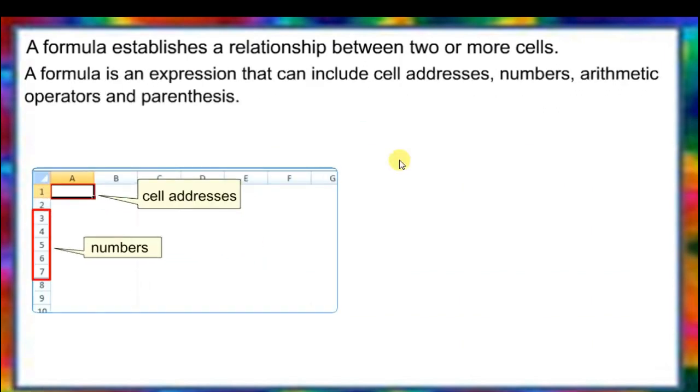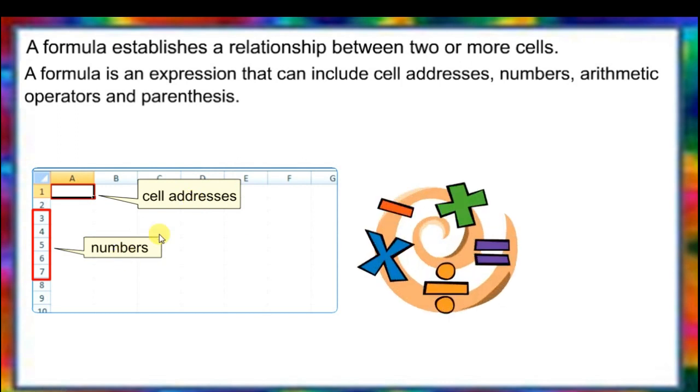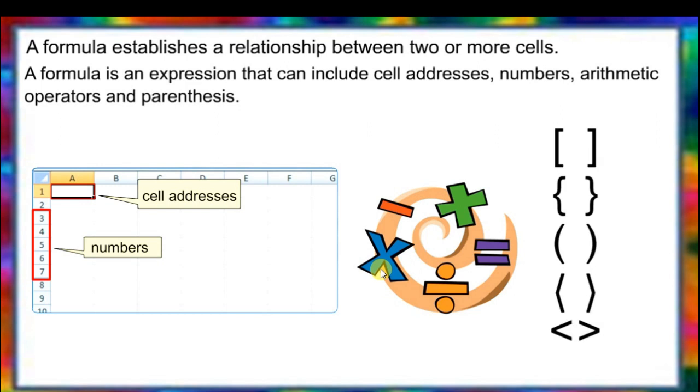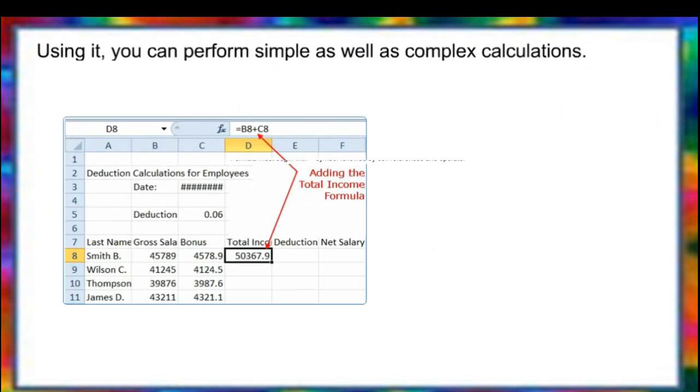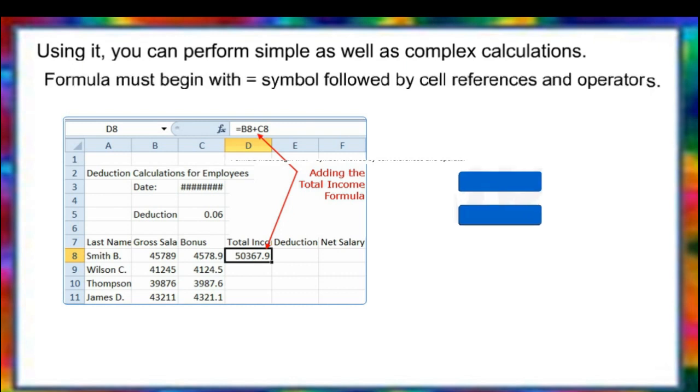A formula is an expression that can include cell addresses, numbers, arithmetic operators and parentheses. Using it, you can perform simple as well as complex calculations.